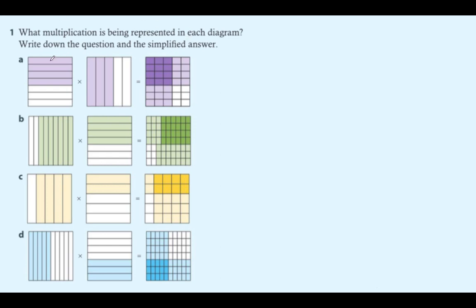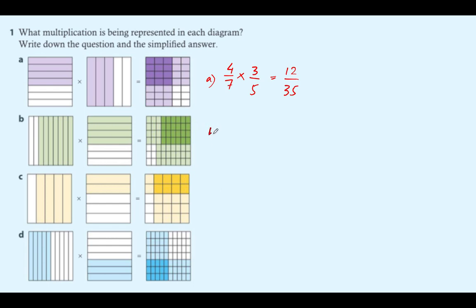So we can see that in part A, the first box, there are 4 out of 7 boxes filled and it is being multiplied by 3 out of 5 boxes. So when you multiply them, 4 times 3 is 12 and 7 times 5 is 35. So we can see there are 35 boxes out of which 12 have been filled. Now in part B,